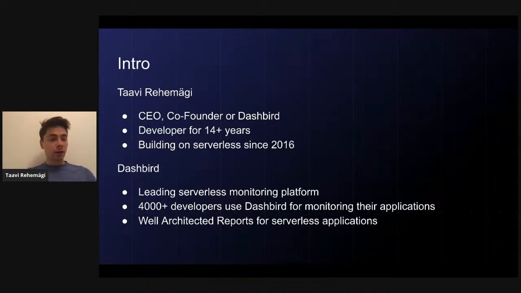We work with over 4,000 developers, and we help organizations big and small who have built serverless applications and are running them in production to succeed, to take away the heavy lifting of implementing monitoring and security and well-architected practices.